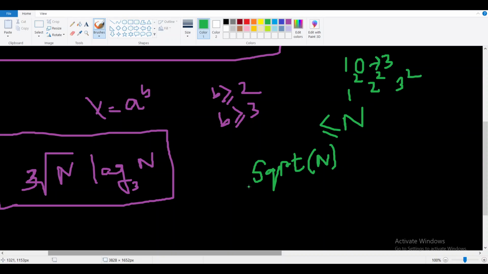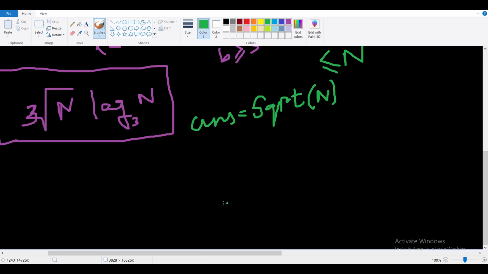Okay, so our answer will be initialized with the square root of n, and after that we'll process all the other values from b equals 3 till 20, or 3 till log of 10 to the power 18, you can say. But